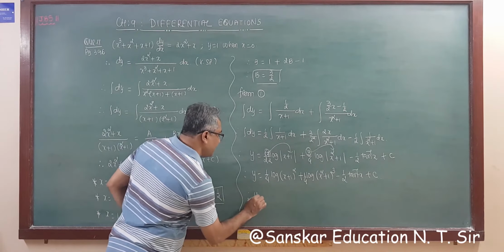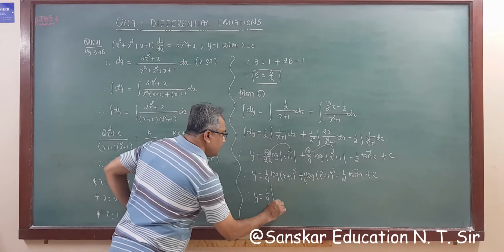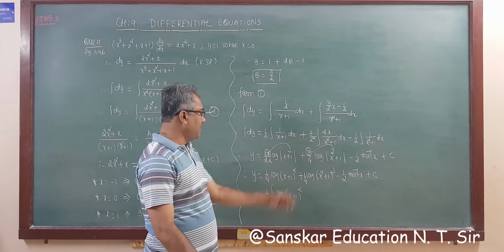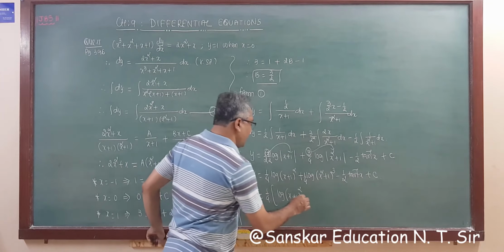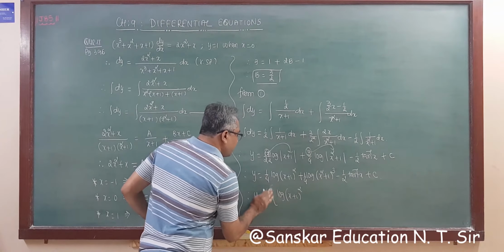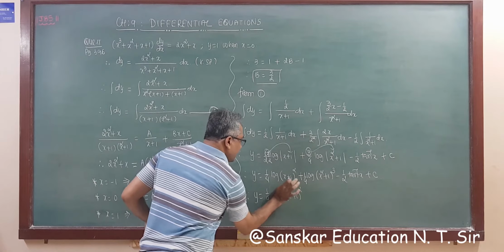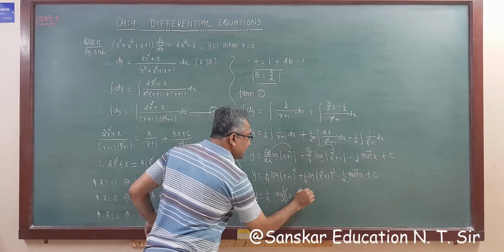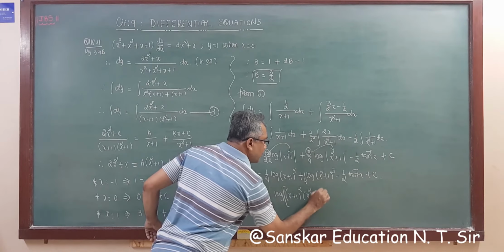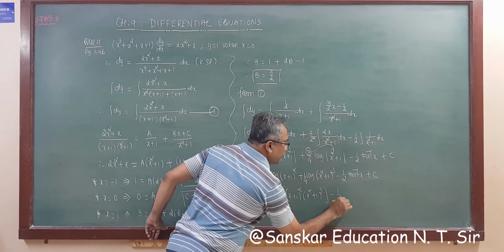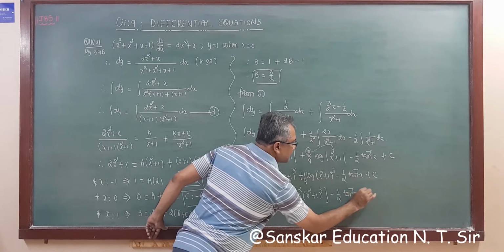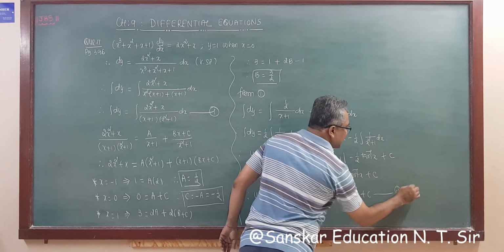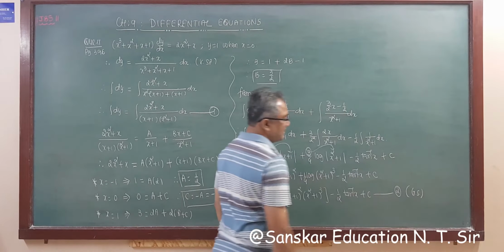Right? So y is equal to 1 upon 4 constant. So remaining will be log (x plus 1) whole square. Right? Now log a plus log b is log a into b. So this is, I am putting bracket here. Wait a minute. This is 1 upon 4 log of this into (x square plus 1) whole cube and minus 1 upon 2 tan inverse x plus c, right? Equation number 2. This is your general solution.